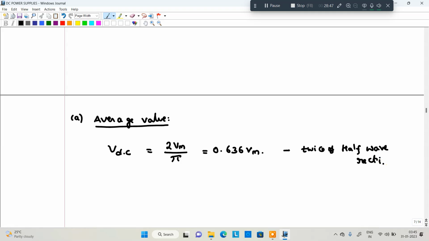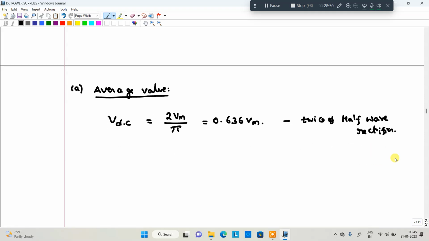Next, second thing: that value will be 2 into Vm, which we can also write as root 2 Vrms, yes or no? Divided by π. In terms of Vrms, if the Vrms value is mentioned, it is 0.9 Vrms. Directly we can use this formula. In the examination, they will provide the maximum value, so we can take the maximum value. If the RMS value is provided in the examination, you can take this formula, 0.9